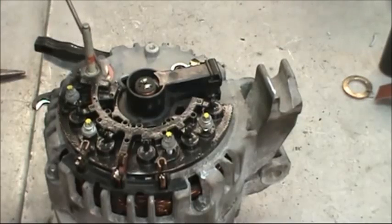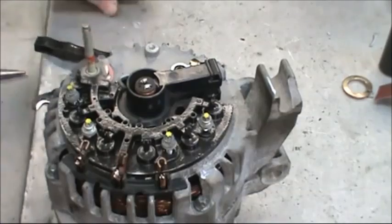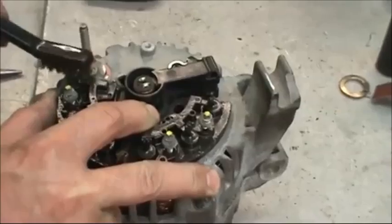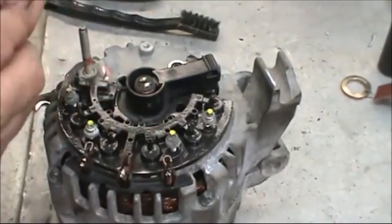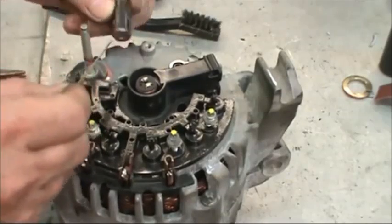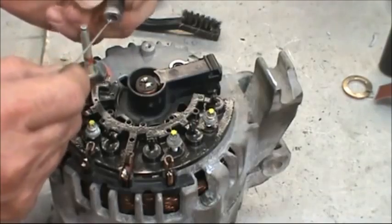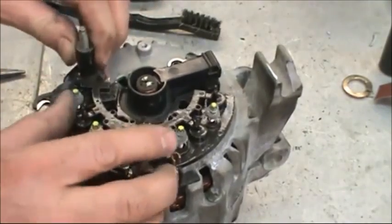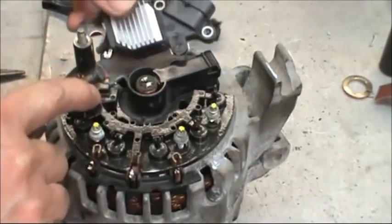Clean around the outside diameter of this post. On the actual flat part of the rectifier, take either a wire toothbrush or better yet even some 80 grit sandpaper and clean around the entire surface area where this is going to make contact. Then on this ferrule, clean this area here and this area here, because that becomes a contact point for this part of the voltage regulator. We're going to slide that tab